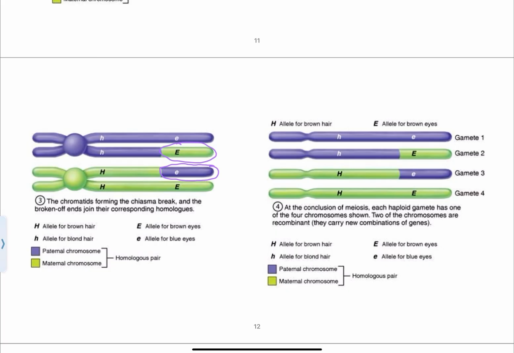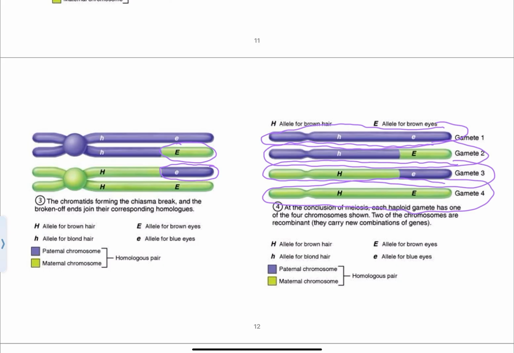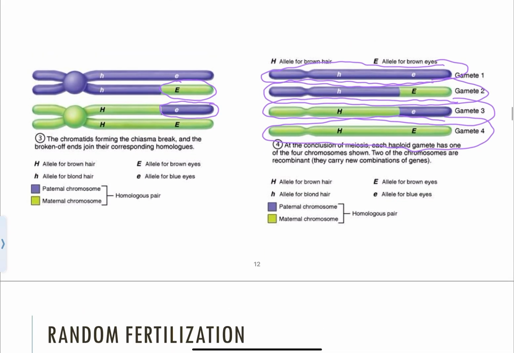So now the paternal chromosome has a segment or an allele from the maternal chromosome, while our maternal chromosome has a piece of DNA or genetic material from our paternal one. So at this point, we have formed our recombinant chromosomes, which again contain genetic information from 2 different sources. So when we go to make our gametes and we divide these homologous pairs into individual chromosomes, we're going to